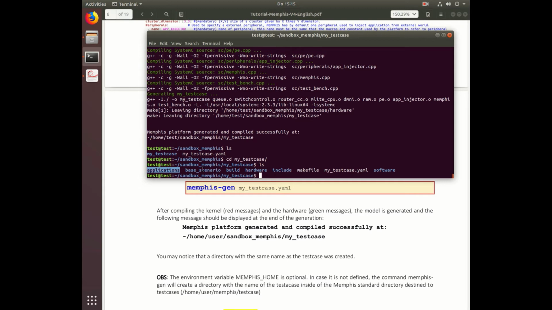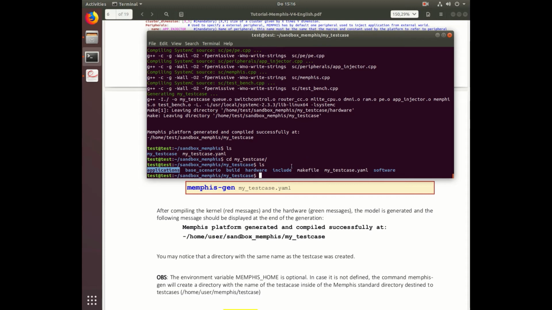This is useful for a paper or an article where you need several different test cases, and you don't need to manually copy the different test cases. Memphis basically creates a copy of the test case,